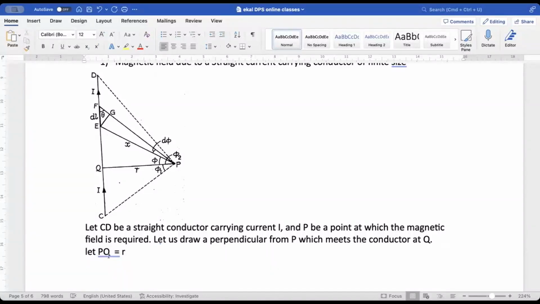Let PQ be R. So let us consider a small element EF of the conductor, and let angle EPQ be, say, phi, and angle FPE be d phi,